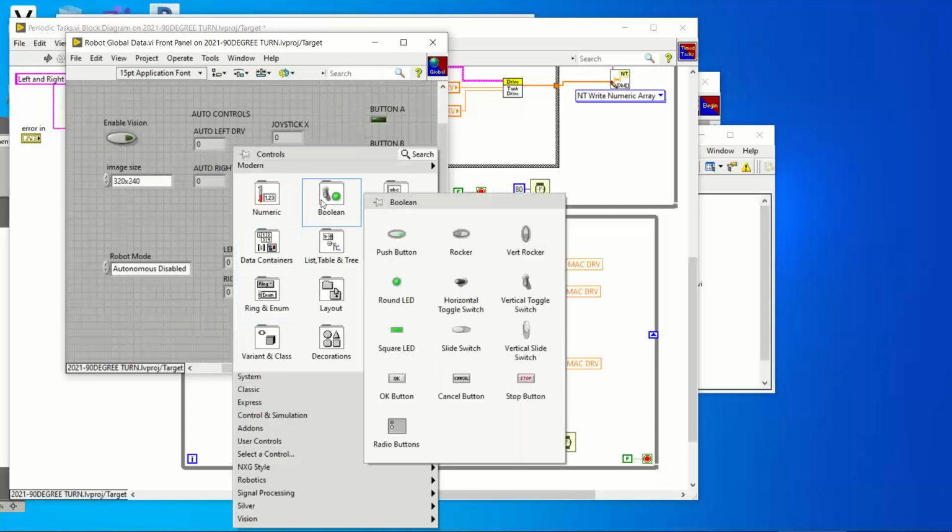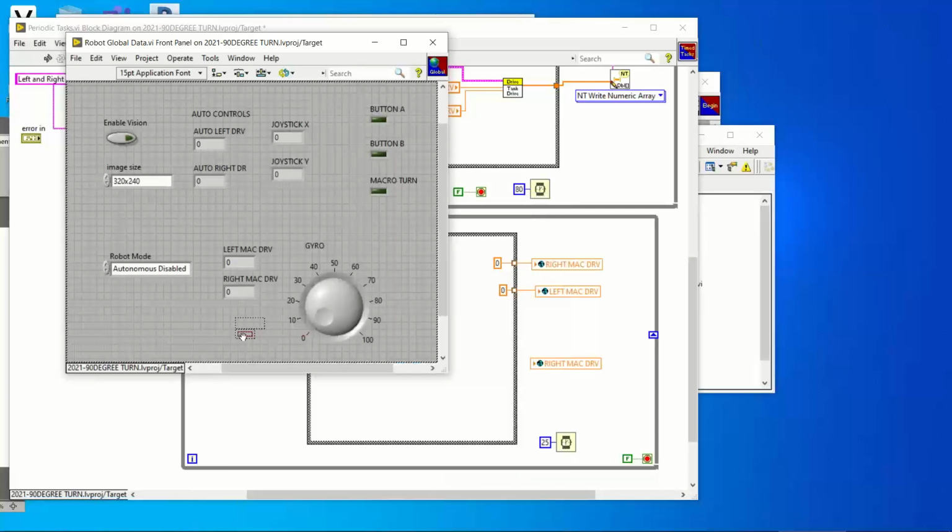Gyro reset's going to be a Boolean. And again, the recommendation is to reset the gyro right before you do a measured run or a turn. So once I've done that,